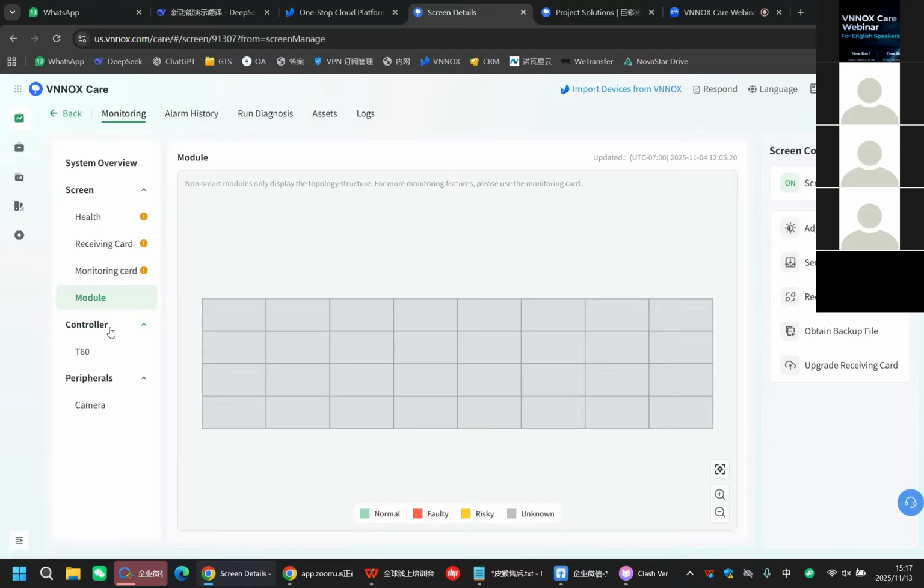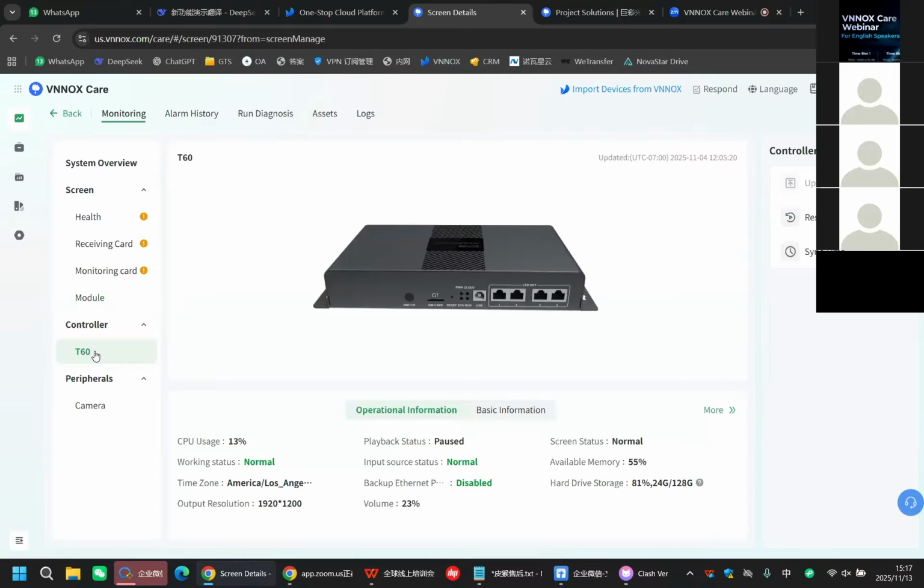So after that, we can move to the controller. Now, in this interface, you can have all the information of your controllers. Like in here,